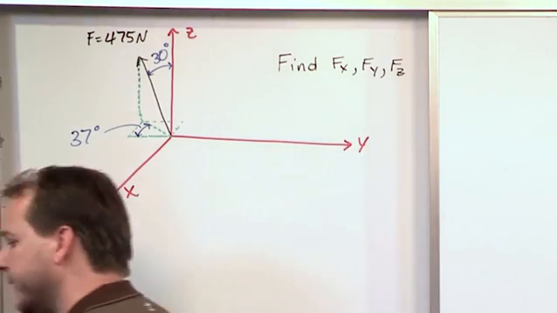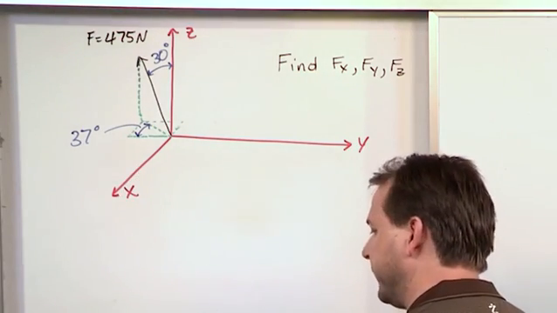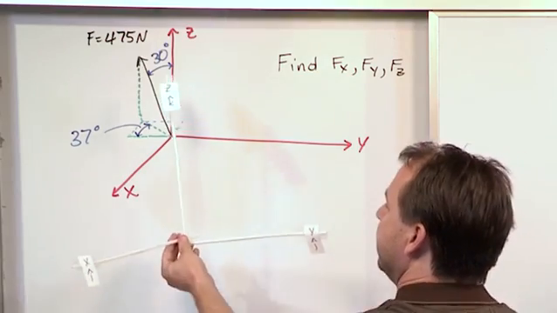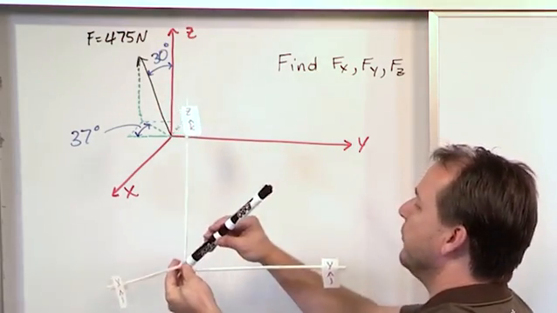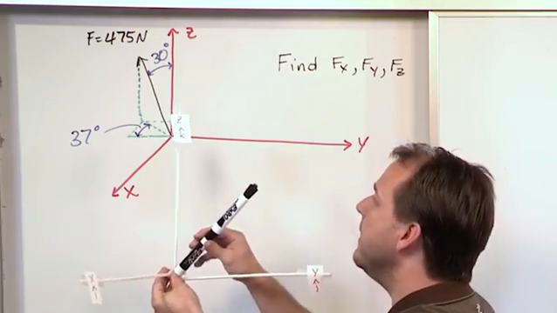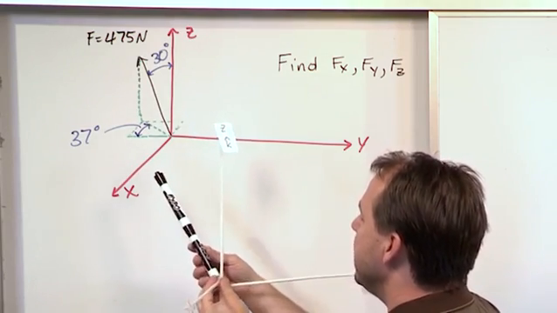So let me show you real quick. I said a few times already, I'm not going to do this every time, but I want to show you this one because it's kind of neat. Here is an x, y, z representation of what we have on the board. Most of the time we have vectors pointed like this, where they have positive x, positive y, positive z. But this one's actually going behind the axis here. Notice that if you think about it this way,